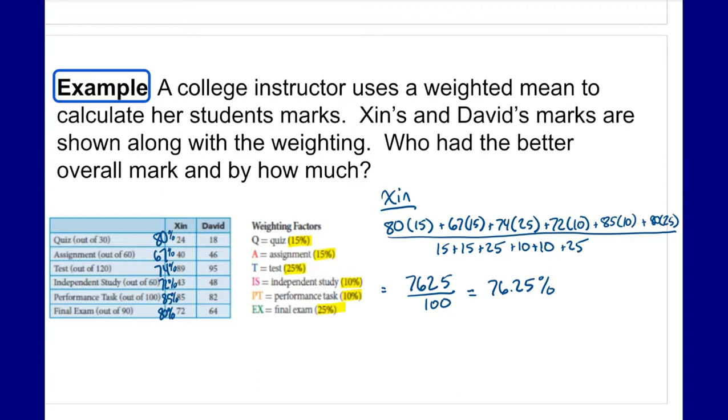So I'm going to give you an opportunity to try to do the same thing with David. I'm going to pause the video, give you a chance to work through this on your own to try to figure out the second mark. If you're not too confident with it, you can always just wait through and skip ahead. But again, if you want to try this on your own, I would recommend you pause now.